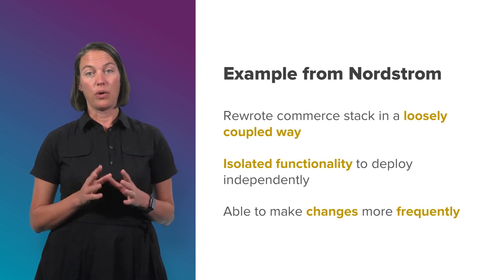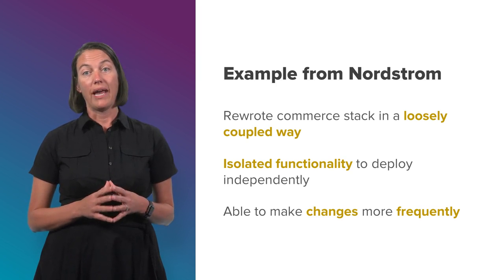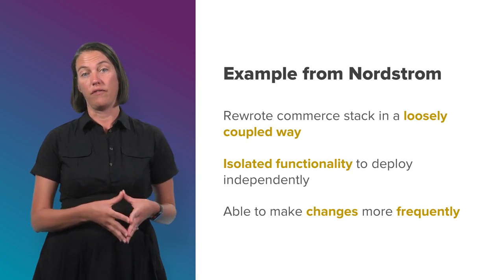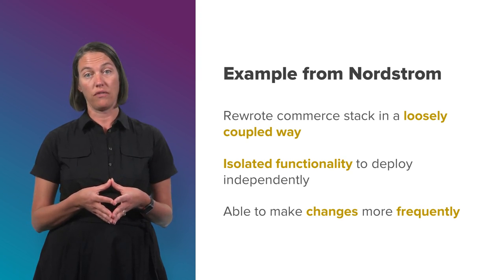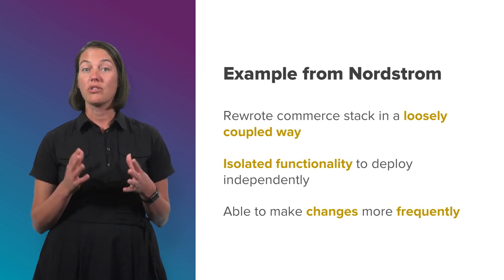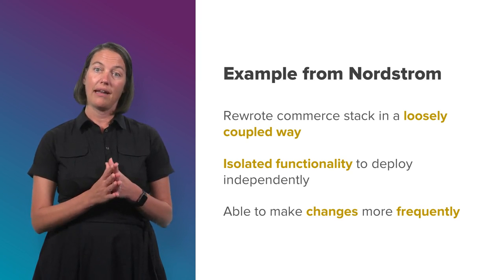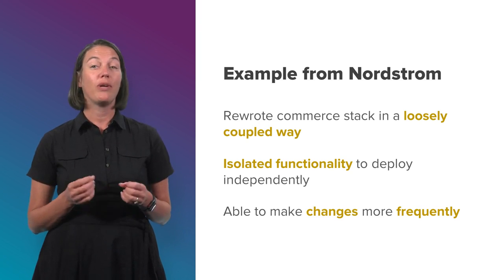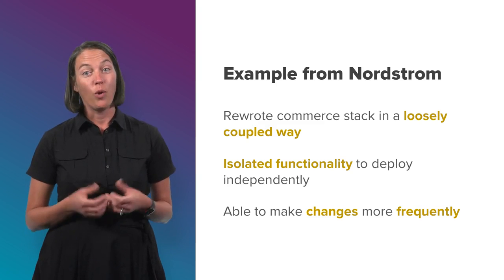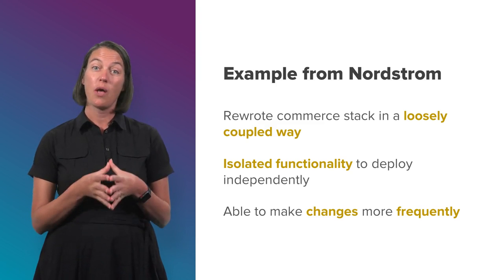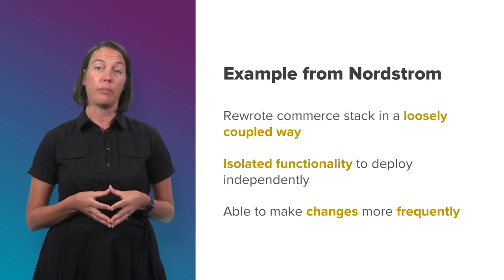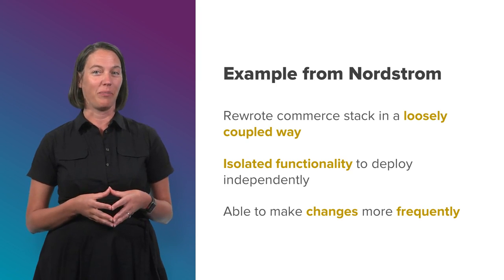We started with our outfit functionality on the website. Anytime we made updates to our browse and checkout flow, we had to test to make sure we didn't break the outfit experience. When we took this new approach, we moved the business logic for the outfit creation into a service-based architecture and isolated the functionality so we could deploy it independently. We also moved it to the cloud. This allowed us to make changes more frequently and ultimately prepared us for the next component we loosely coupled, the product page.